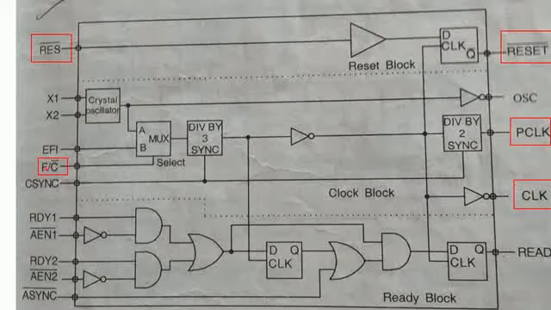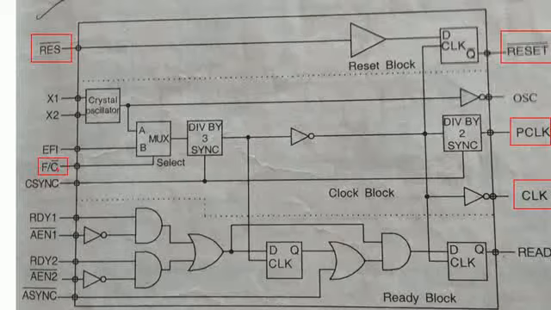So with the help of the F/C bar pin of the 8284, we can differentiate which clock source we are using to generate the clock signal, whether the crystal oscillator or the external frequency input, that is, the function generator providing the clock signal. Here, if I apply an active high signal on this pin, means binary 1, then the external frequency input is driven as the output of the multiplexer. F/C bar is nothing but frequency or crystal.